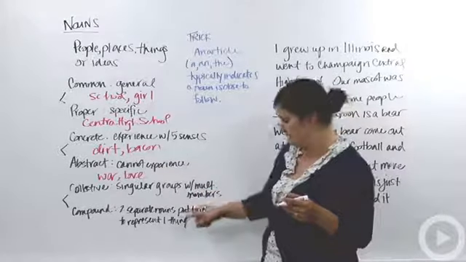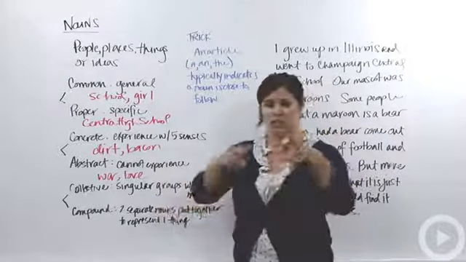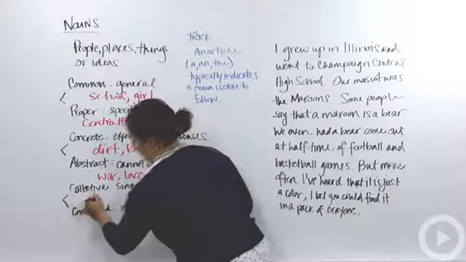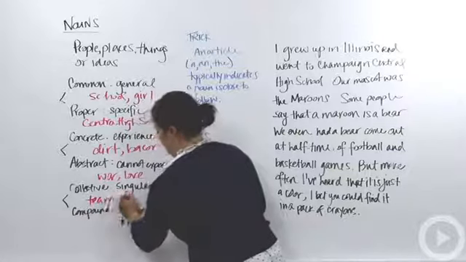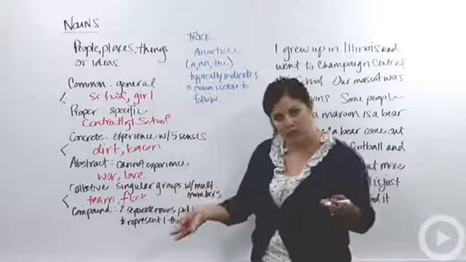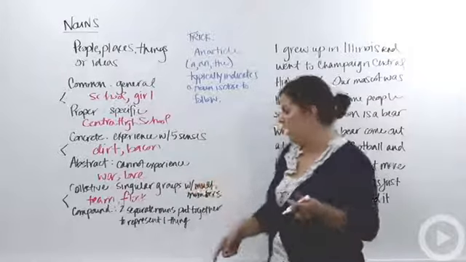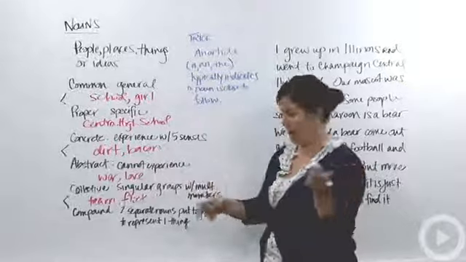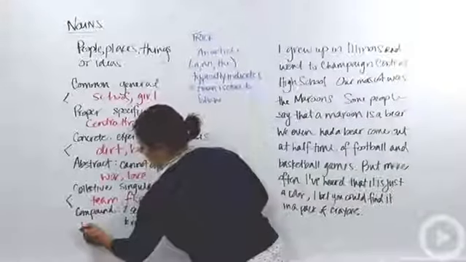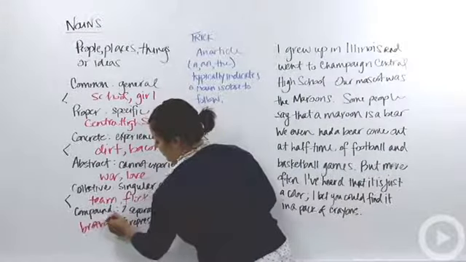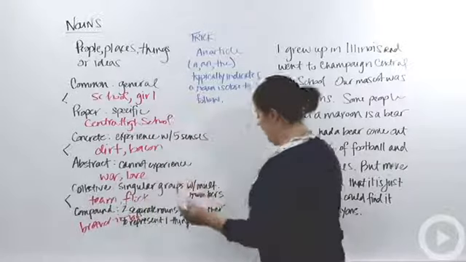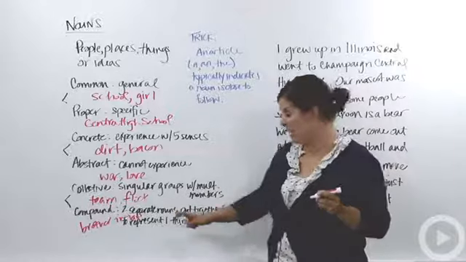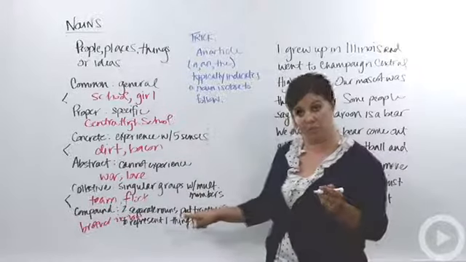And then our final set, and these are a little bit more difficult to identify, are collective nouns and compound nouns. Now, collective nouns are singular groups that have multiple members, things like a team or a flock, right? They're made up of multiple things, but we treat them as a singular entity. And then we also have compound nouns, where you put two nouns together to represent one thing. Something like a brother-in-law, or even a trash can. So these can be hyphenated or they can be just two nouns pulled together as well.